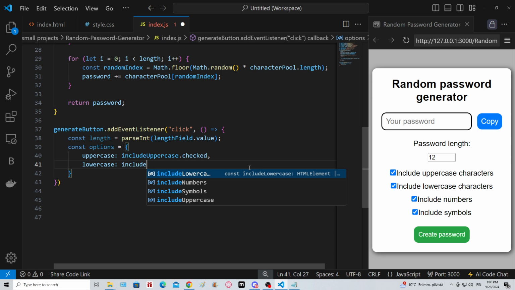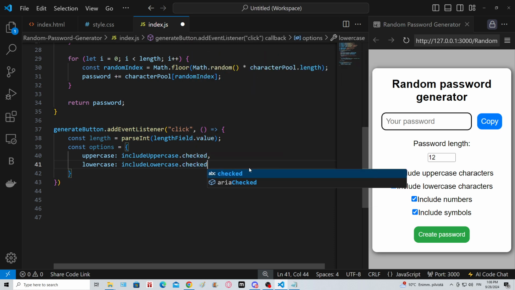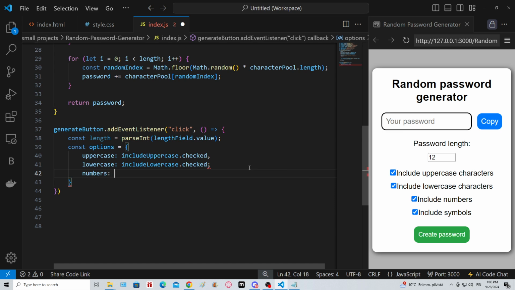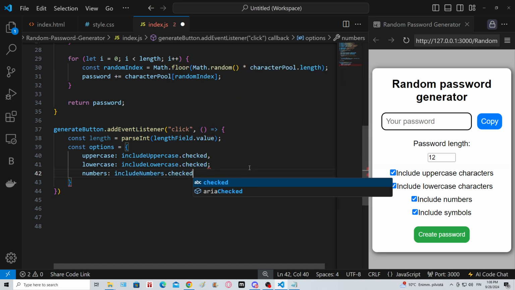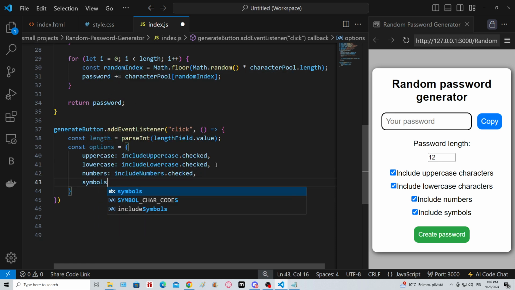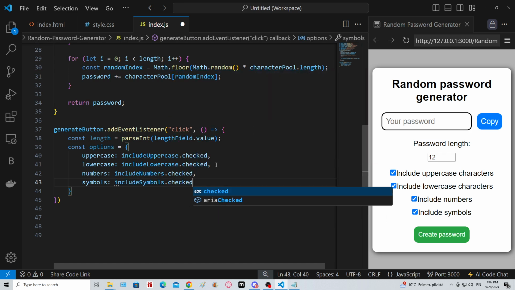Lowercase: include lowercase dot checked, and numbers: include numbers, take the checked property, and then symbols: include symbols dot checked. Alright, I'm gonna add a